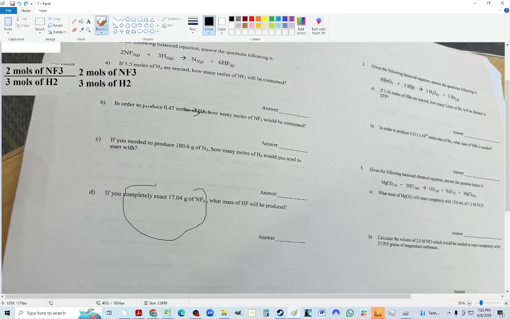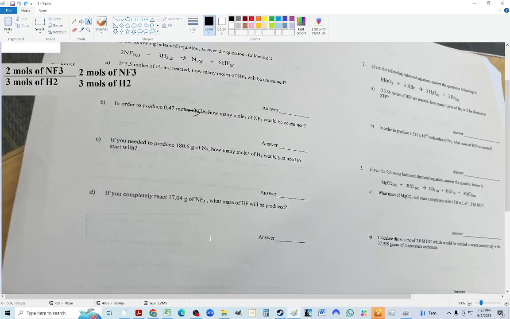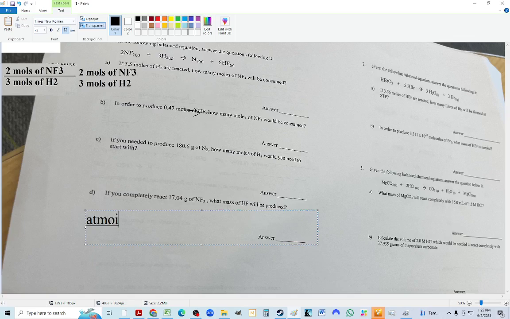If you completely react NF3, what mass of HF? So now they've added mass to the right side. NF3 is here, and HF is here. And the ratio is 2 to 6, but you can use 1 to 3 if you want, because that's the same as 2 to 6. But anyway, we need the atomic mass of both now. Atomic mass of NF3, and we need the atomic mass of HF. Why? Because they want the mass of both. So really our unknown here is fluorine,